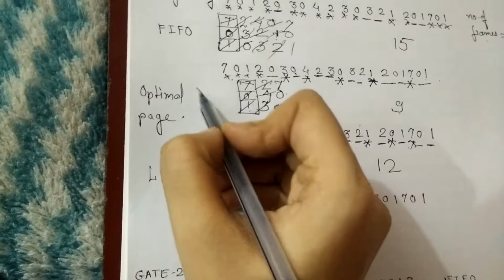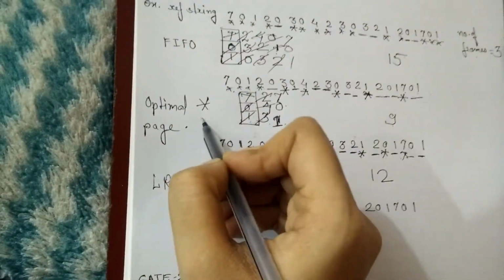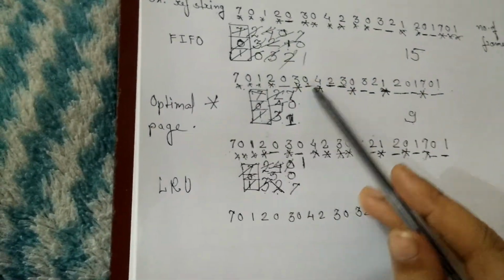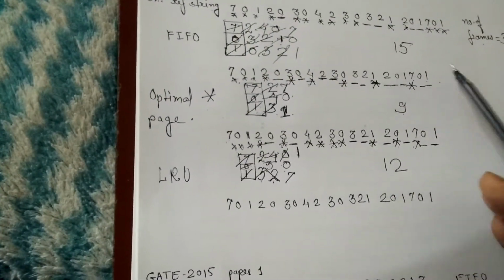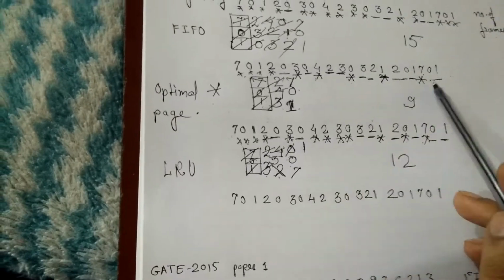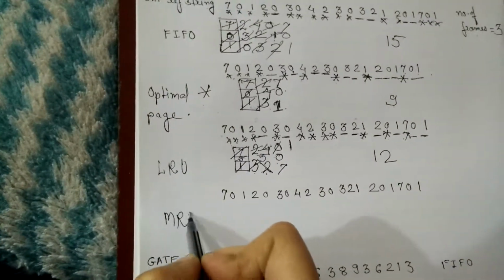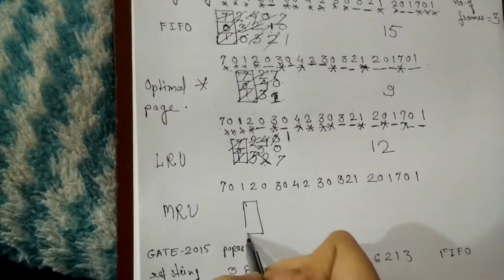You can see the optimal page replacement policy is the best page replacement policy, but the problem it has is how to know which page will be referred in future. Okay, we are working on a future aspect in optimal page replacement policy. The next one is most recently used. Again there are 3 page frames,